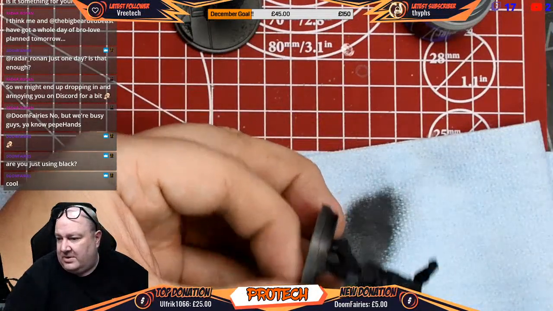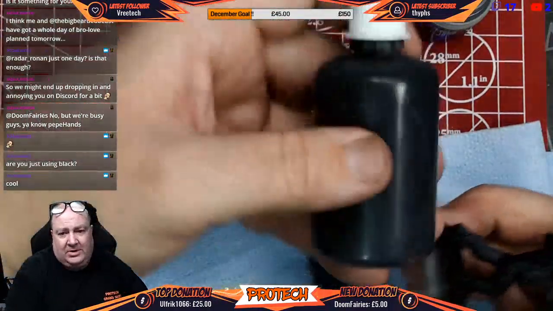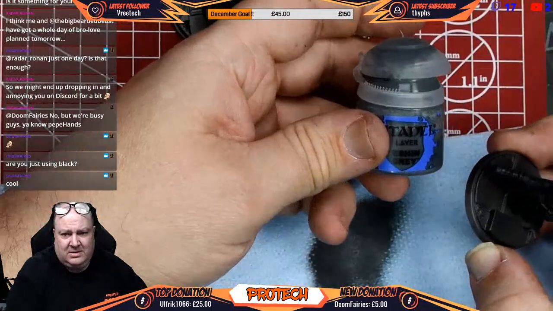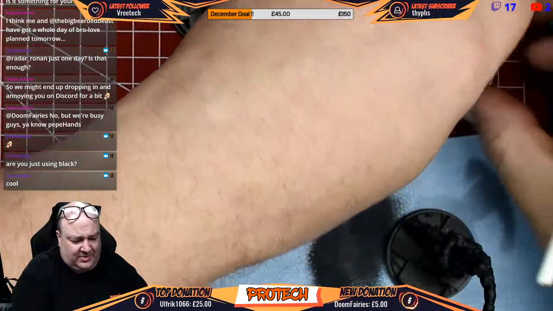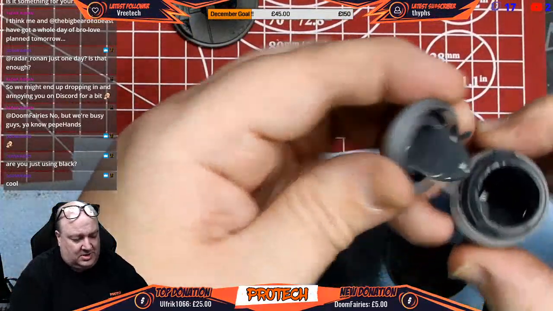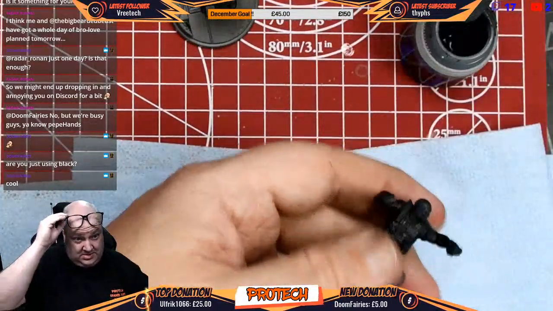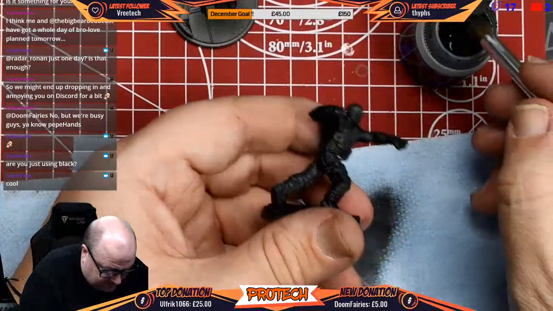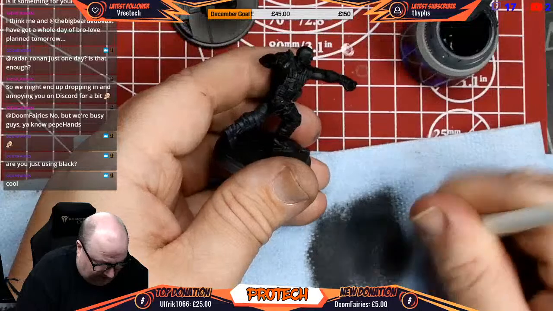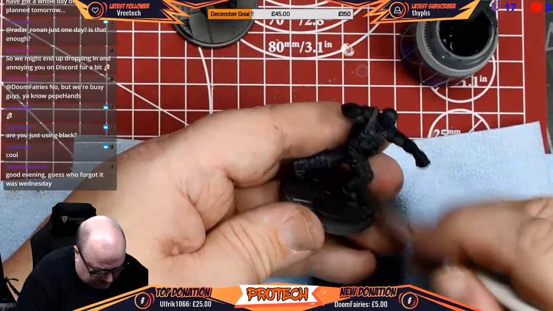So I used the black primer to base it with, and then GW's Etching Grey, which is quite a dark grey. But it's also got quite a high pigment content, so it's great for being a dry brush. Yeah, I know it does look like black here, and it doesn't look far off black when it goes on. So when you do the next stage, which I'll show you in a second,